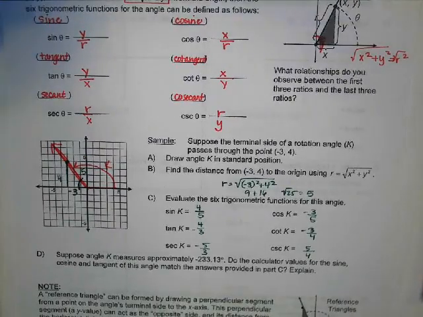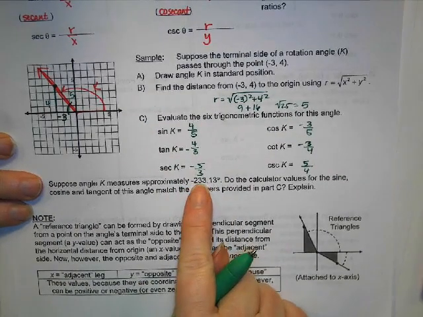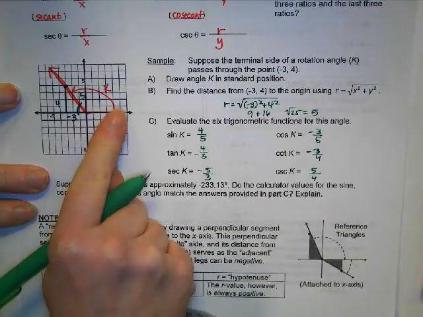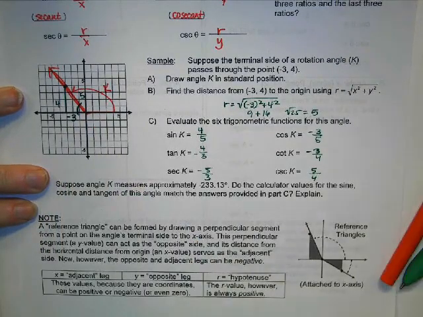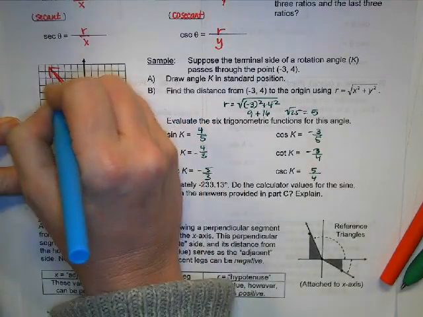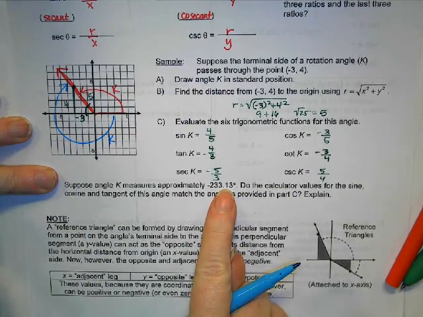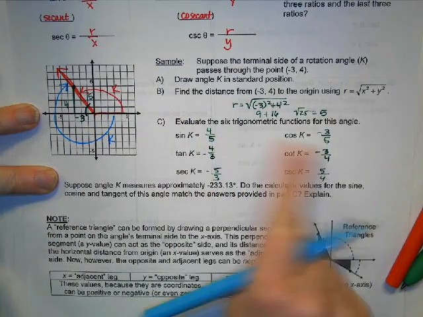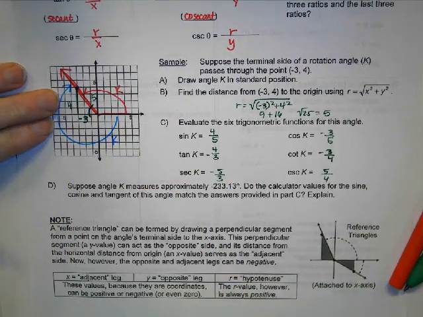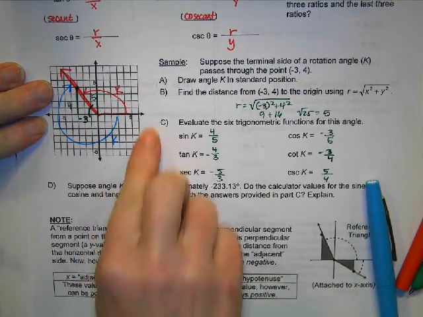All right. So they asked me on the next question, suppose that angle K measures approximately -233.13. Now I assumed, because I just always assume that we're going to go in the positive direction from standard position, but they're saying, what if we didn't go in the positive direction? What if we went this way? And so K is -233.13. They just want to know if these match up to that. So let's check. If that's the negative version, now my calculator is not going to necessarily give me back a negative version. So let me give the coterminal angle to